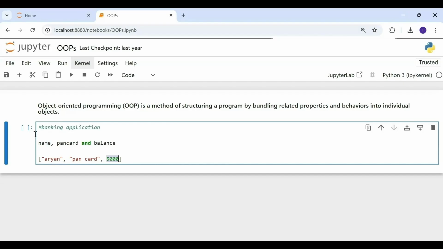How would you know which element represents what? What if you want to add more details? So right now the bank is just taking the name, the PAN card, and the balance. But what if later on they decide, okay, we need the email ID also of the person. We need a phone number as well and the address as well. So I'm not saying you cannot do it using whatever we have learned so far, but